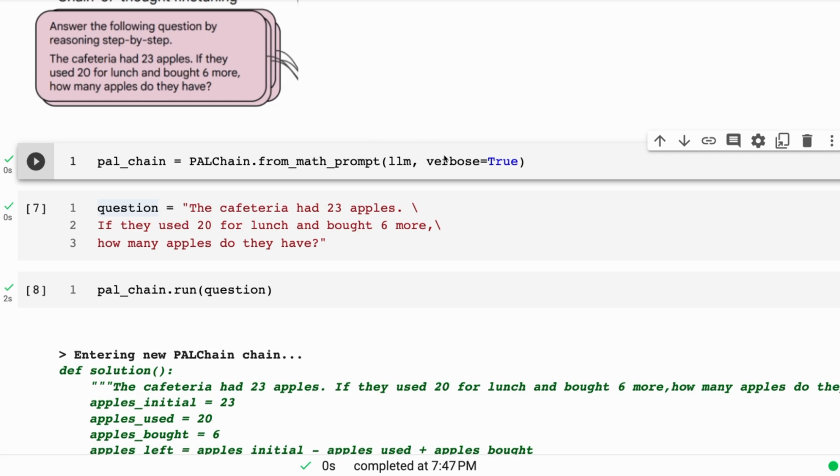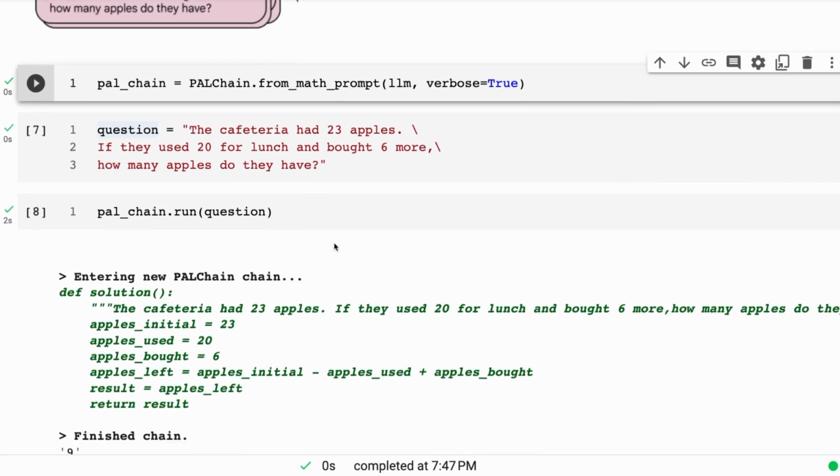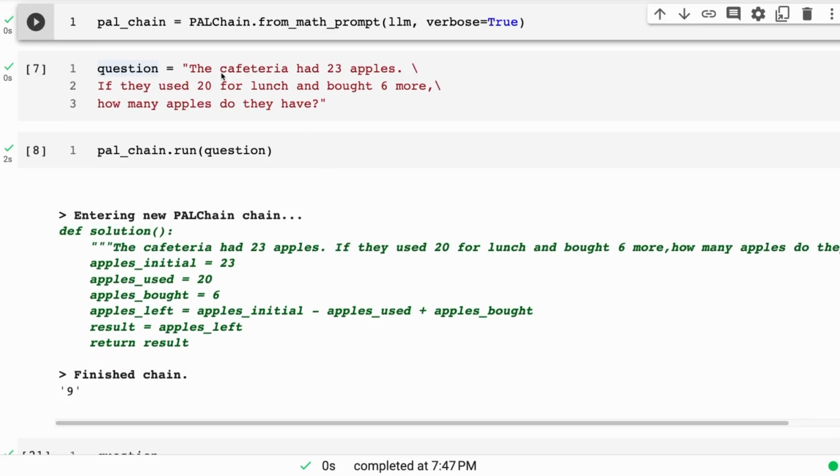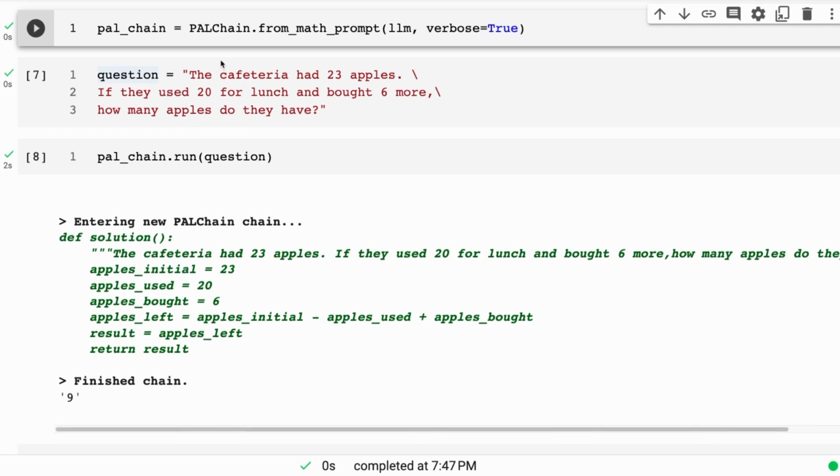Okay, we've brought this in. We're doing verbose equals true so that we can see what's actually going on as we go through this. So you can see here, this is from one of the FLAN papers from memory. It's a very simple sort of thing, and the big models can do this straight out, right? And a lot of times they will do it with the chain of thought prompt to get them to be better at this. But certainly smaller models and even some of the bigger FLAN T5 models struggle at this kind